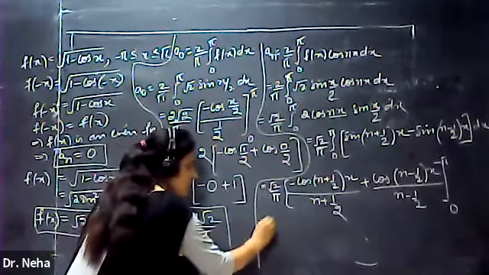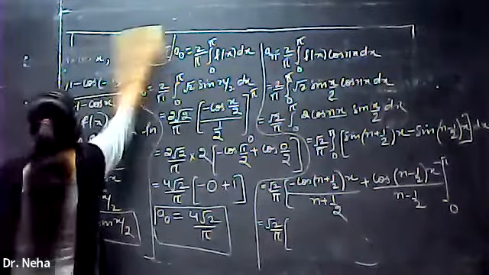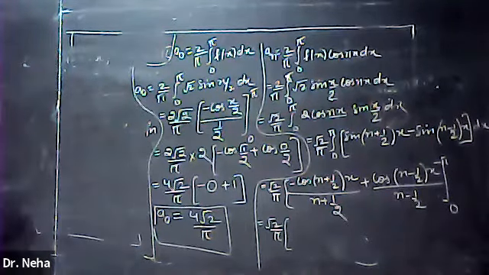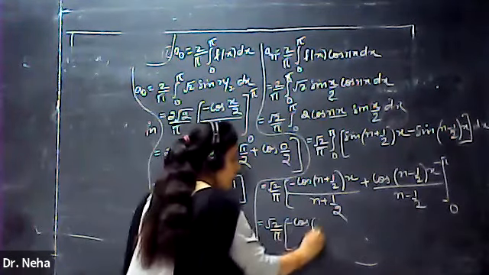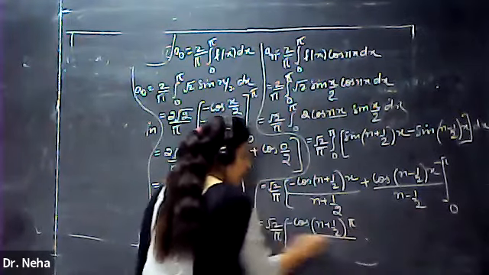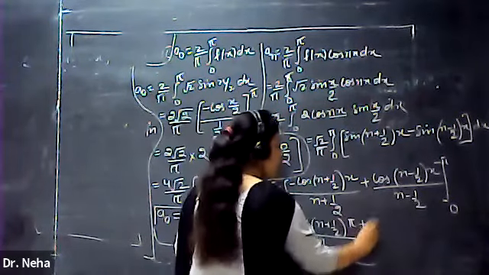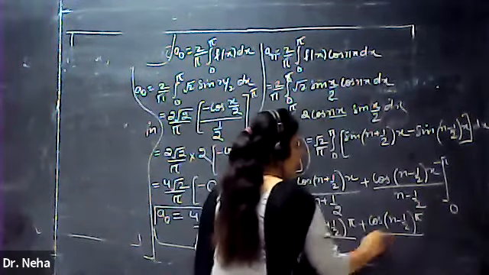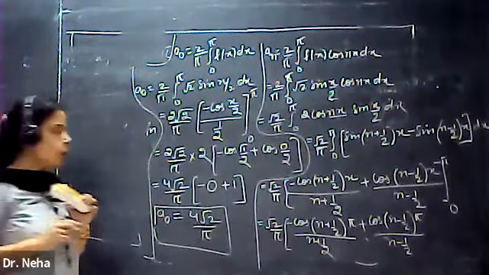Let's substitute the limits. Square root of 2 by pi. That means our function will become, firstly let's put the upper limit. It will be minus cos n plus 1 by 2 pi upon n plus 1 by 2, first term. Similarly, upper limit over here, cos n minus 1 by 2 pi upon n minus 1 by 2. Upper limit is over. Then we come to the lower limit, which is 0.